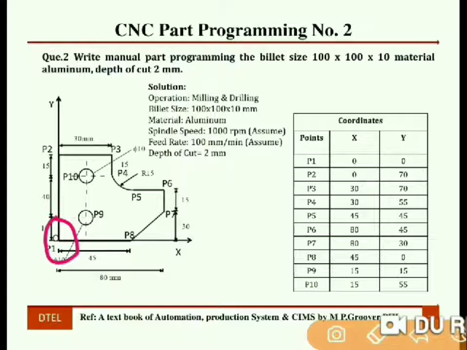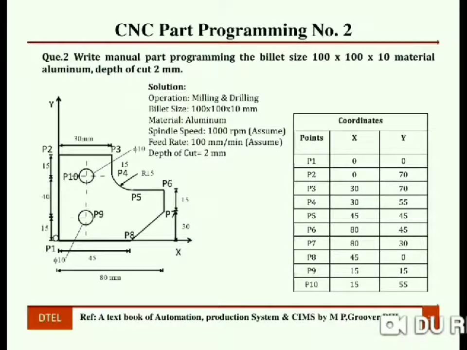Initially the tool was at the home position, and we need to move rapidly from this position to your desired location, that is the P1 point. For that purpose we have used G00 and desired position coordinates, that is x, y and z.